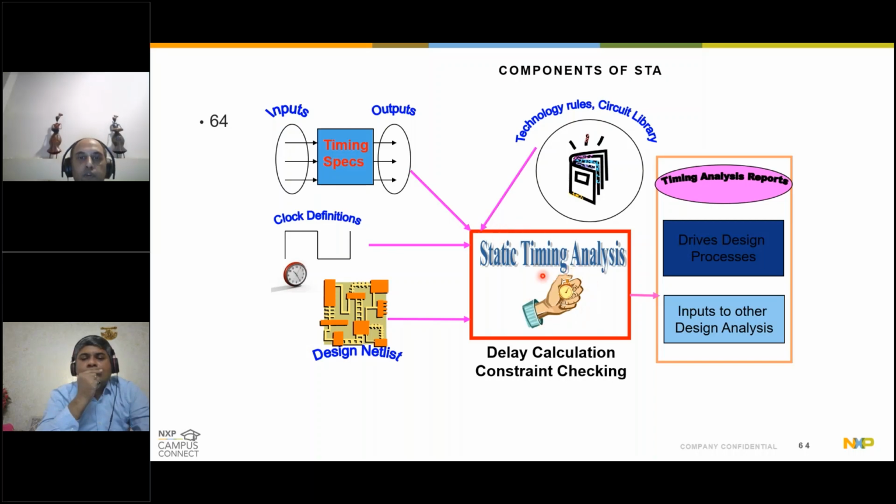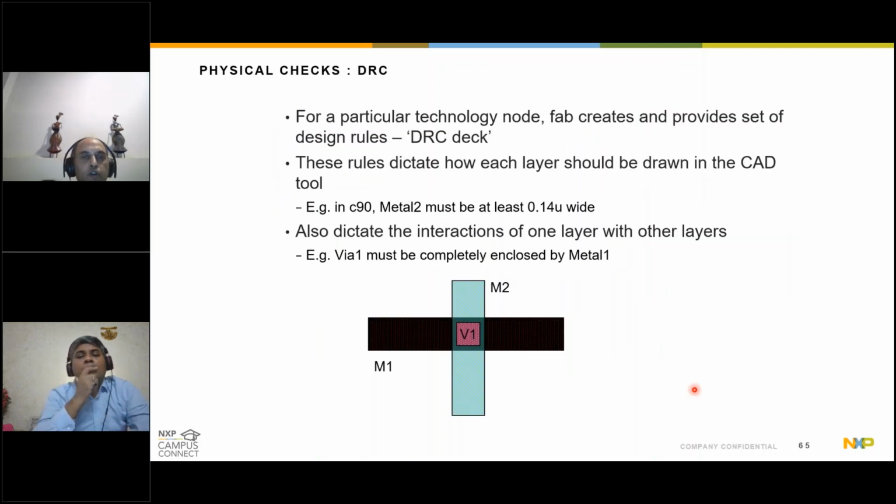All those inputs will go to a static timing analysis tool, and this tool will tell whether you are able to propagate a signal from, let's say, place A to place B in an allocated time or not. If not, then basically there will be feedback loops back to the netlist. You do the improvisation there till you are able to propagate the signals in the desired time from your source to the destination. Okay. So once your timing is complete, then you want to do some physical design rule checks.